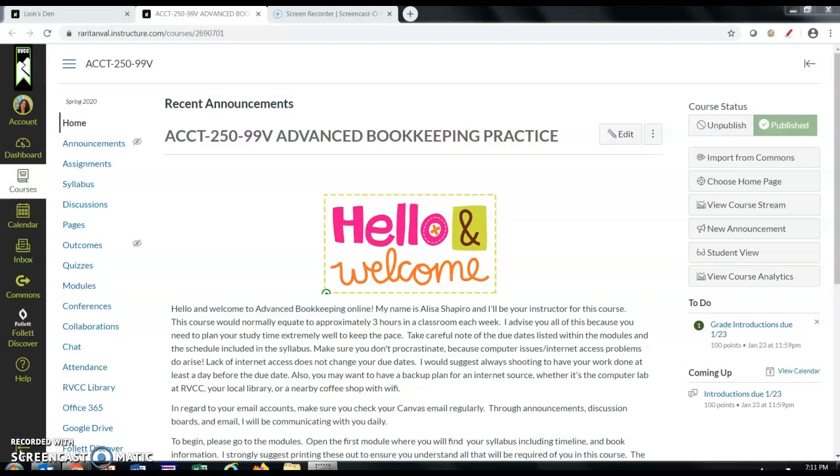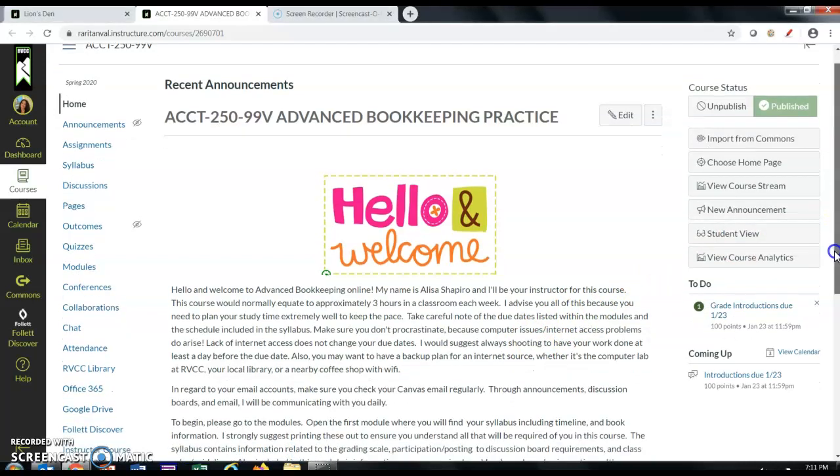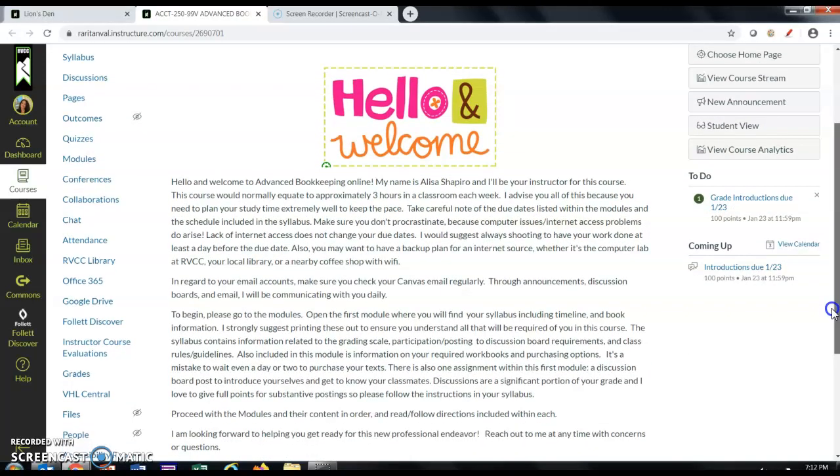And once I open the course, we're here at the home page. So I advise you to read the home page. It's an introduction with some important reminders and how to get started. One of the things you'll see in here is, to begin, you will go to modules. Now right here, these blue tabs, we'll call them, in the white background, that's the course navigation menu. So if you go to modules here,